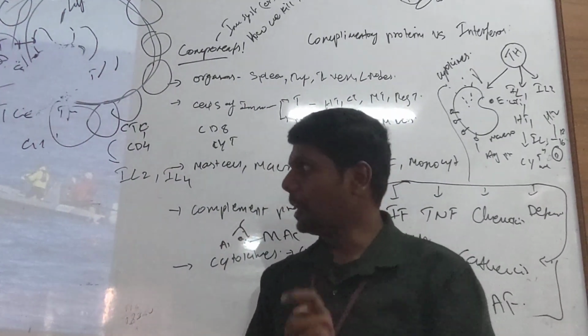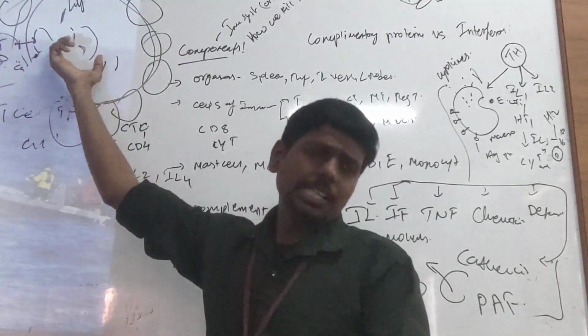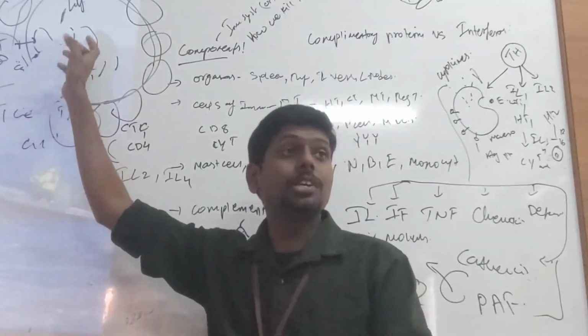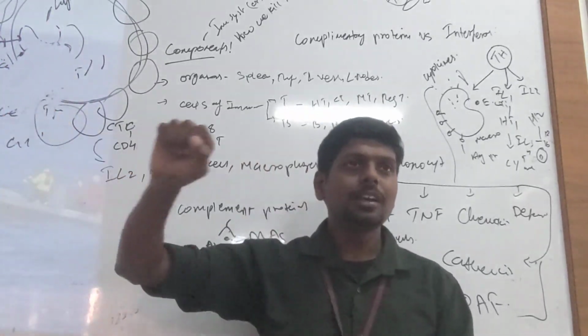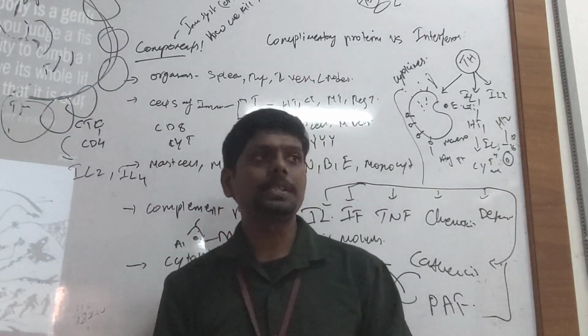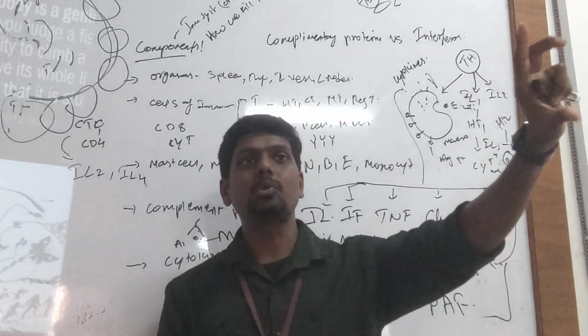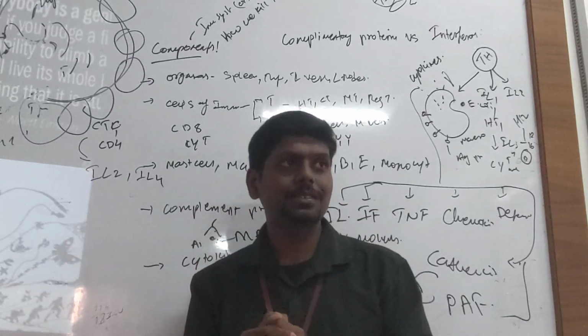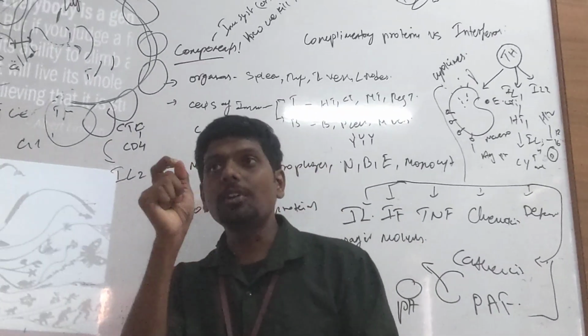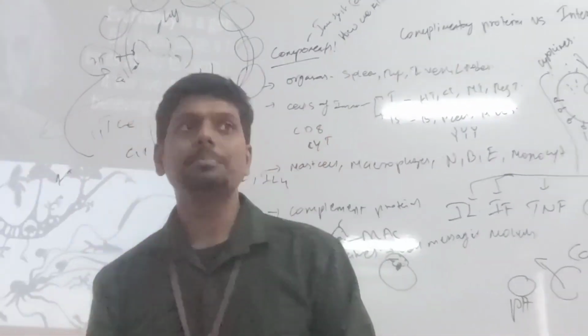Okay, now I want to tell one thing. I simply said macrophage. I was working with macrophages in my research. I came to know that there are 3 types of macrophage subsets: macrophage 1, macrophage 2 and 3. Each macrophage has its own properties, and TB was particularly targeting macrophage 3.